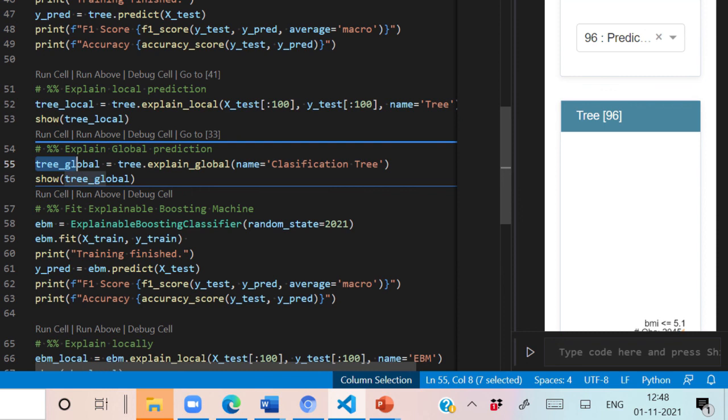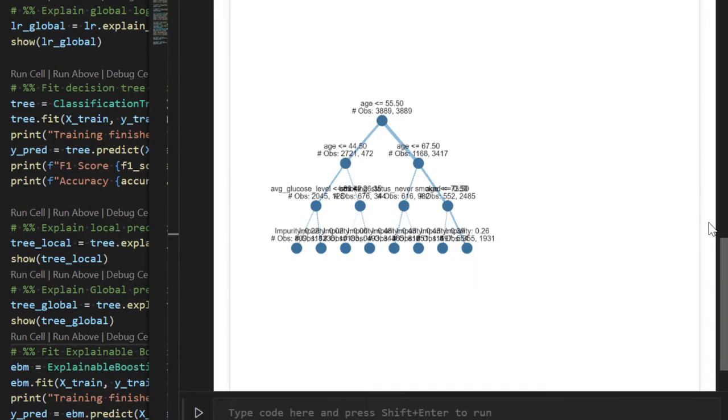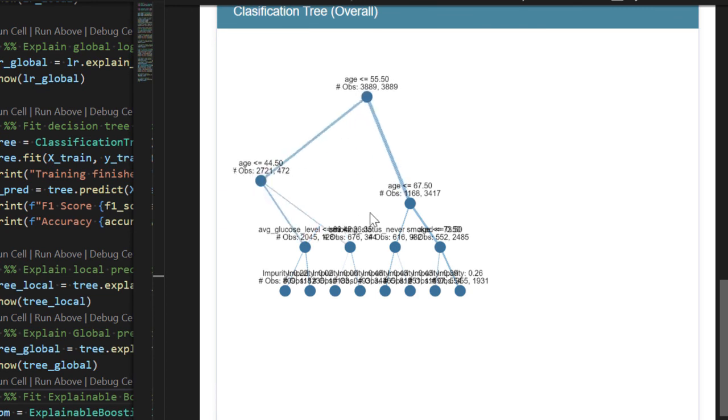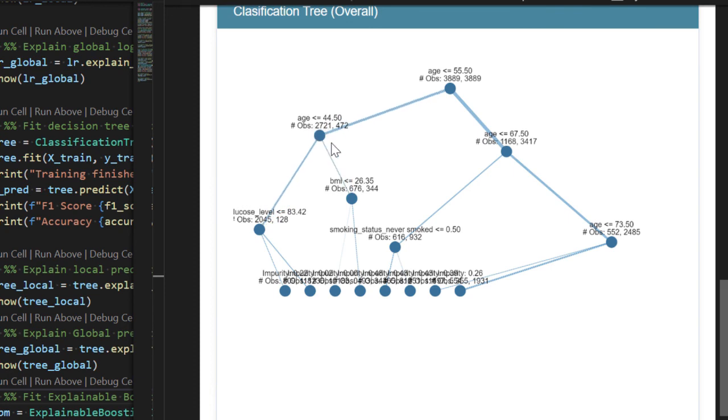This will create a variable tree underscore global, and then we are passing this to our show method to generate visual explanations at global level for the decision tree. Let us execute these lines of code. This is our overall tree classifier at global level, and as already discussed, it is making decisions on the basis of age. We can adjust this decision tree